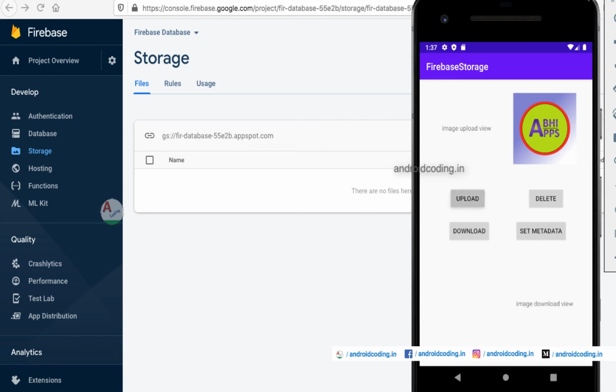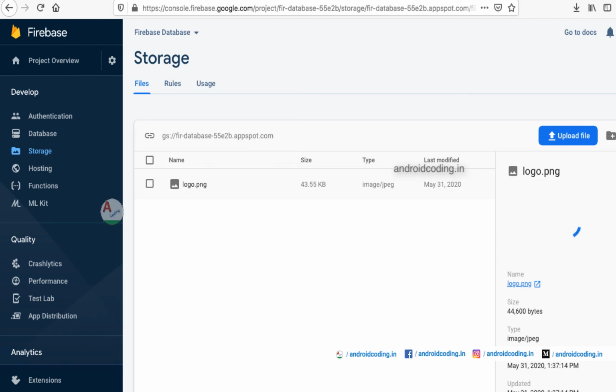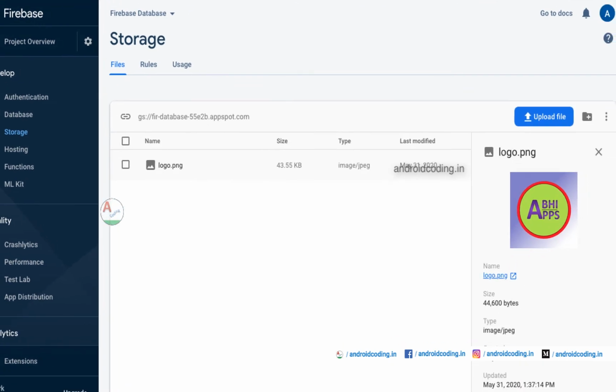So I am clicking on the upload here. Just wait as it takes some time. You need to process this in an asynchronous way. You can see success over here, and let us see our database. And here you go, our file logo is loaded. So our image is loaded here, and when you click on the image, you will get the image related information.